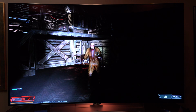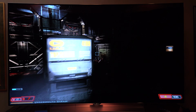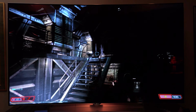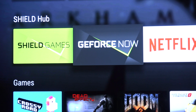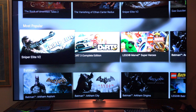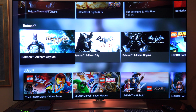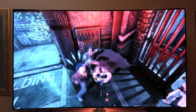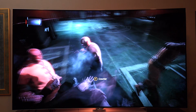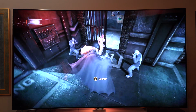And generally speaking, these are much more graphics-intensive games than those you can get on other set-top boxes or mobile devices, but they're not exactly console-level games either. But Nvidia also offers GeForce Now, which is a subscription-based cloud gaming service that allows you to play a variety of graphics-intensive titles on demand and in real time. Performance is really impressive with no evidence of input lag. Now for best performance, you want to be connected through an Ethernet cable or running over a 5 GHz Wi-Fi